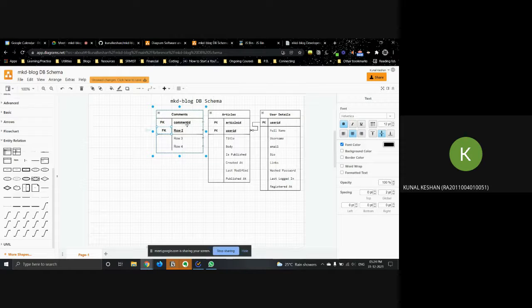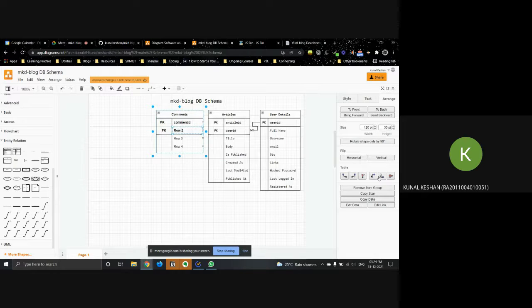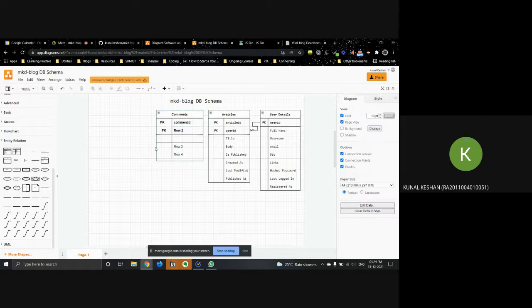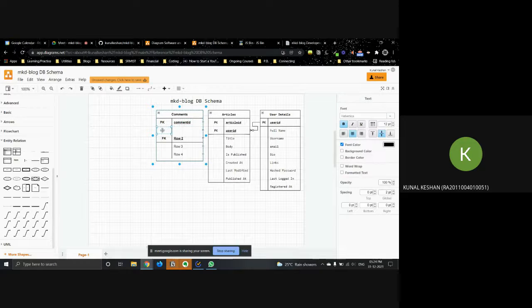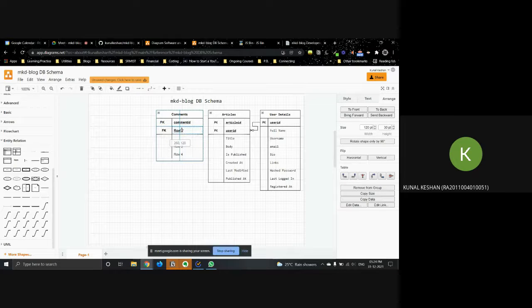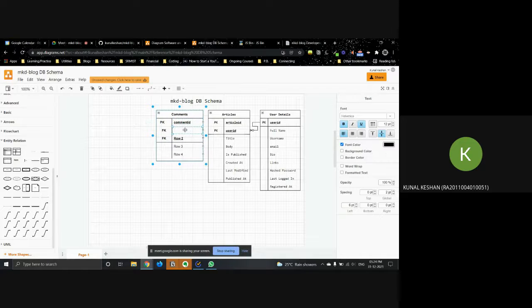Can anybody think what it will be? Like, can you tell what the other foreign key will be? Any idea, guys?